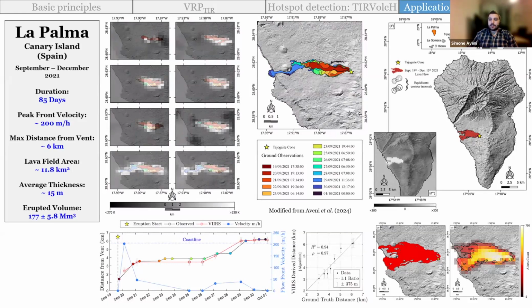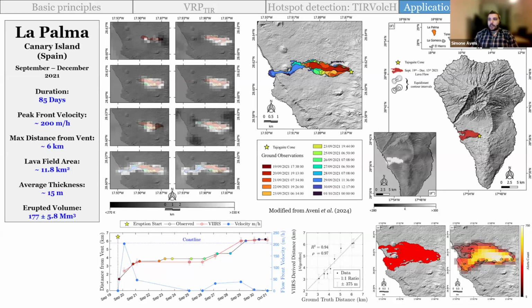And that enabled us to provide an estimate of the flow velocity, which just a few hours after the eruption started told us, well, the flow is traveling 200 meters per hour. So, of course, if you're able to provide that information to civil protection, to competent authorities, you can tell them, well, just do your math. It's traveling 200 meters per hour in that direction. So you probably want to evacuate or take some actions because this is what the current situation is.